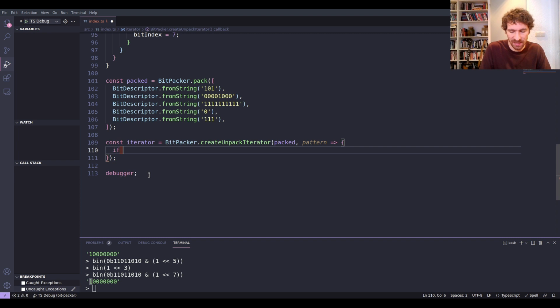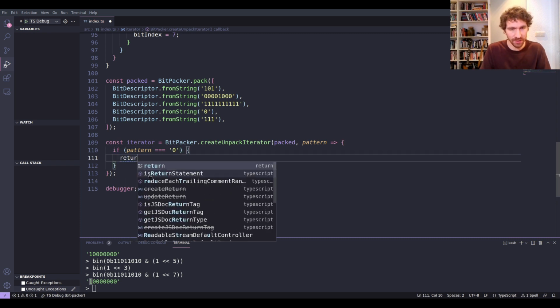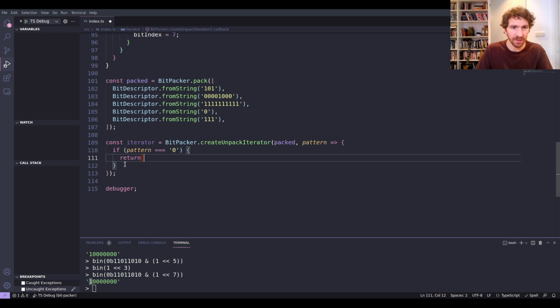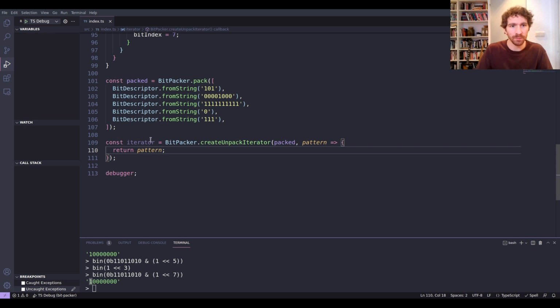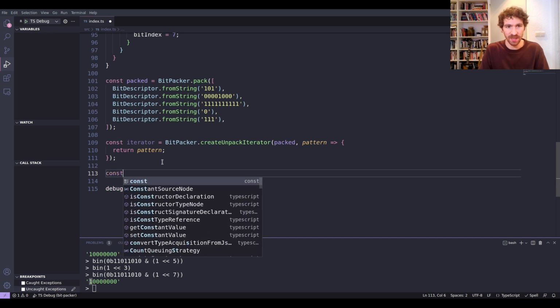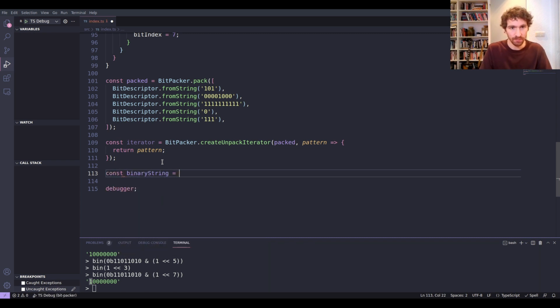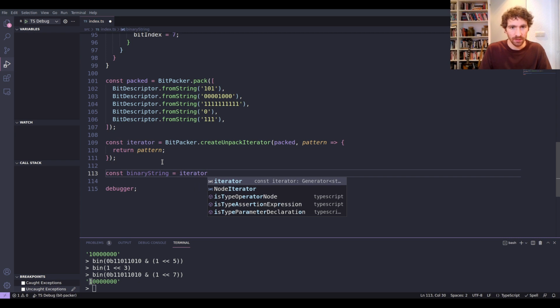What we could say is if the pattern is equal to 0, then we're going to return the pattern. Actually, in this whole case, let's just return the pattern. It's a really simple one, but in both those cases, it's going to return a 0 or a 1. The world's simplest unpacker: just give me all the bits. And then what we can do is say binary string is going to be iterator dot